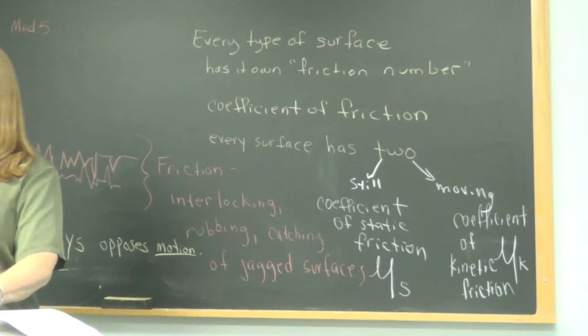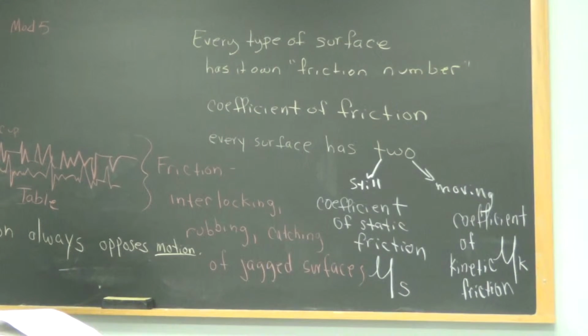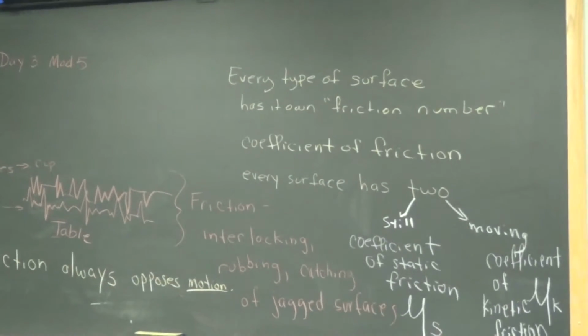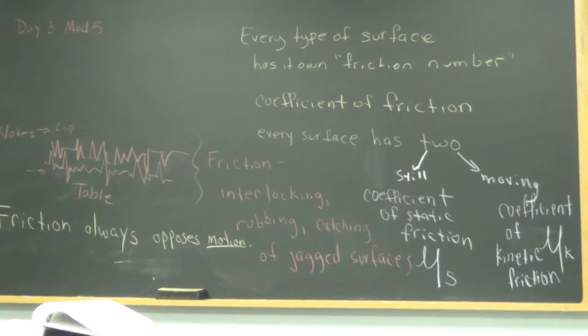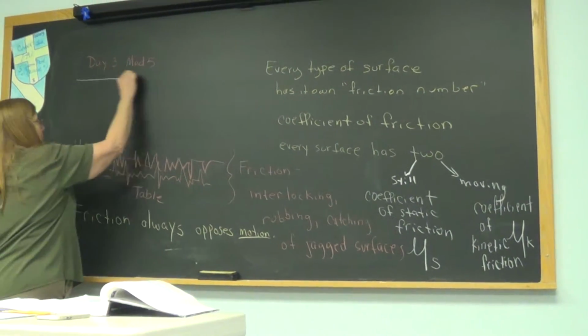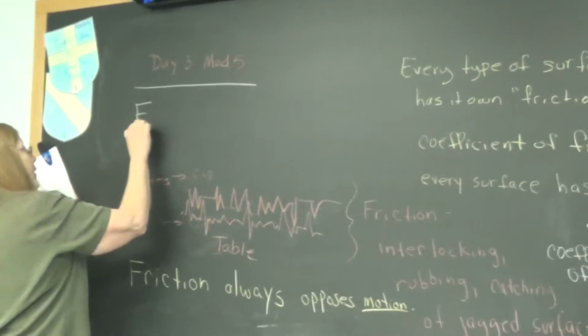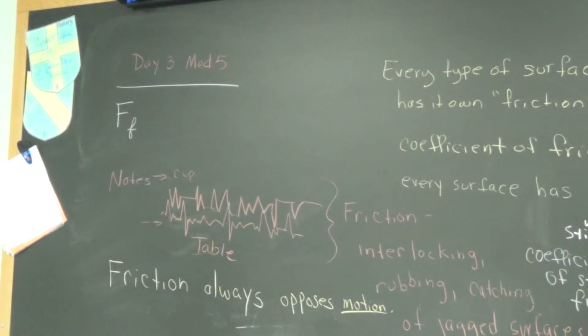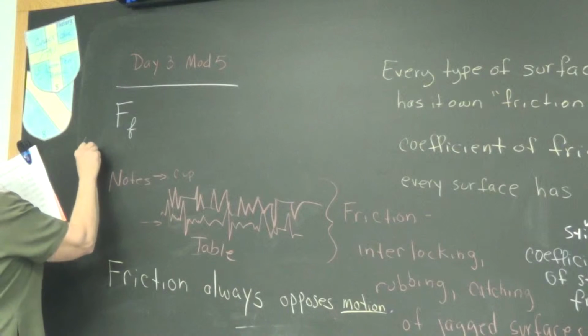All right. Now we are ready to give you the formula. This is all theory. Any questions about the theory? It's pretty understandable. We deal with friction and sliding things all the time. So let me give you a formula. Formula for friction. F sub F. Notice I call that the force of friction. Capital F, small f for friction. So this means the force of friction